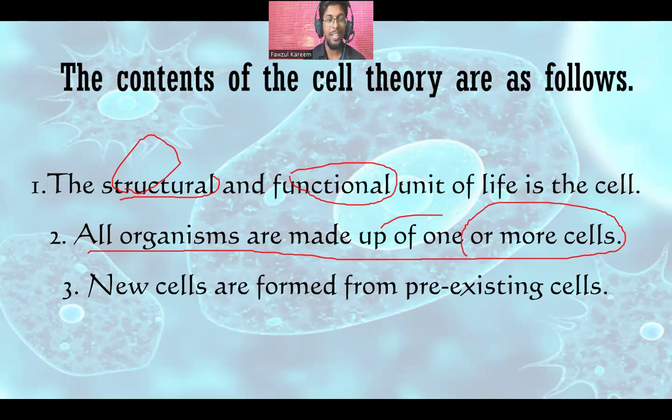We are not like fixing dolls, no, right? Our bodies grow, right? They show growth because we already have cells in our body. So those cells will do cell division and they will produce new cells. So is it clear about these three concepts of the cell theory? Is it clear about the cell theory?